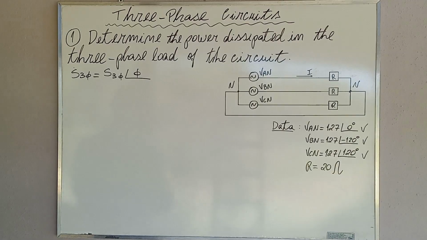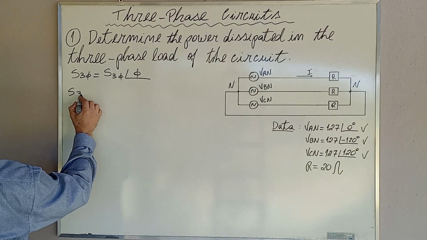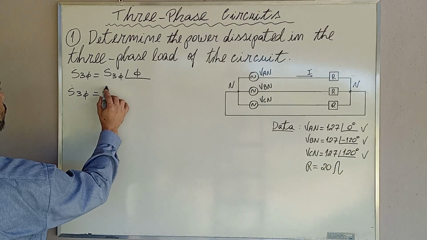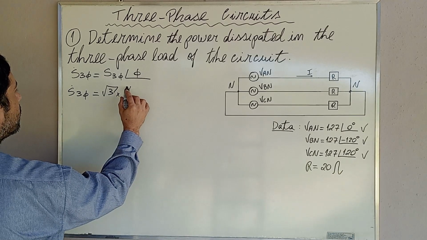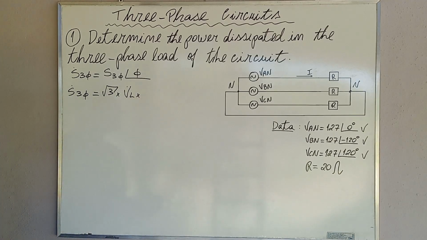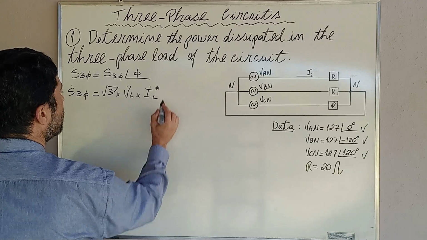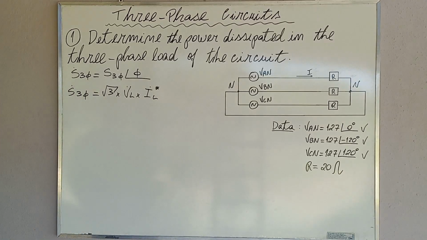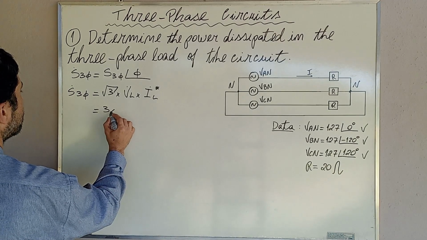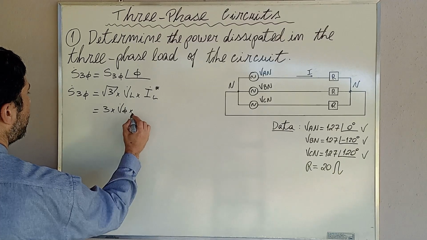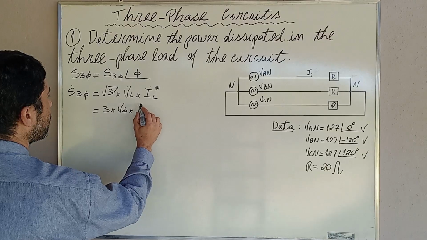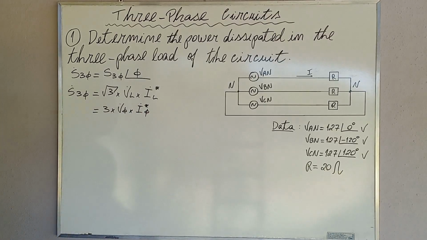from the multiplication: S three-phase is equal to the square root of 3 times the line voltage times the complex conjugate of the line current, which is also equal to 3 times the phase voltage times the complex conjugate of the phase current, that is